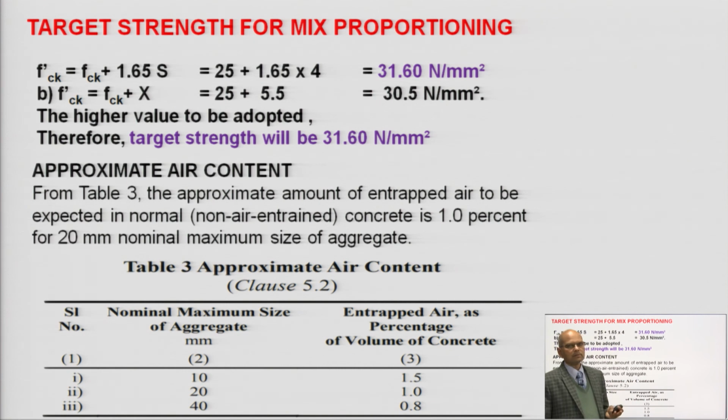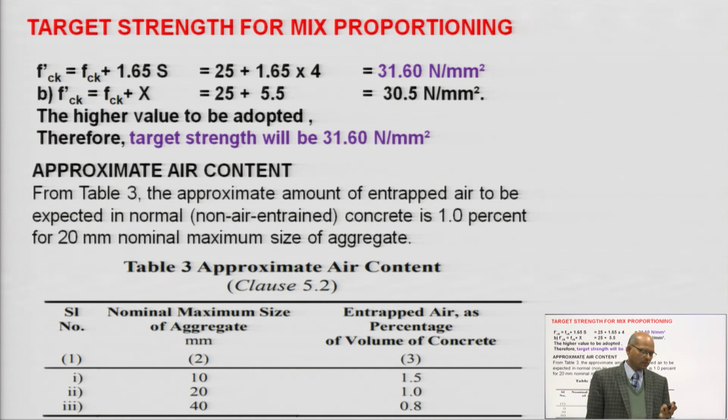First, we got the different data: what types of aggregate you need, what the field requirements are. Based on that we got the raw materials for producing the concrete from the field, and we tested them in the laboratory: cement, coarse aggregate, fine aggregate, admixture and water, and if it is a mineral admixture, that also you have to test. But in this particular problem we are not using the mineral admixture. That will be taken in a separate lecture.